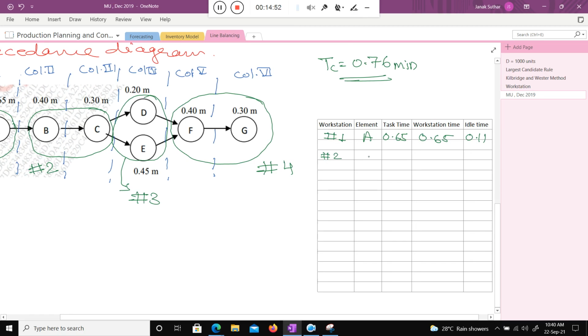Now I put here workstation 2. In workstation 2 you can see B and C. Both B and C come into workstation 2.